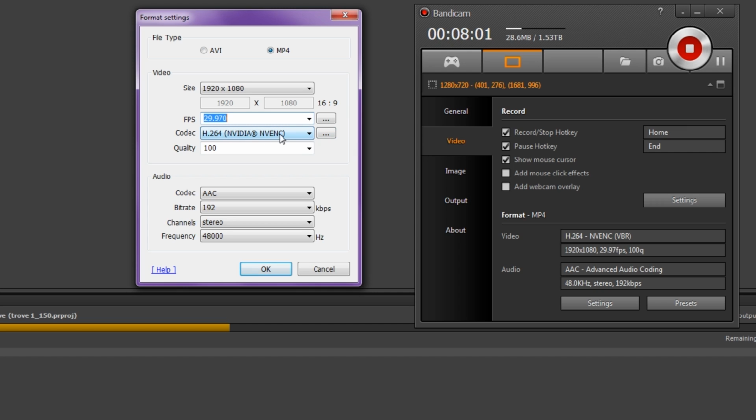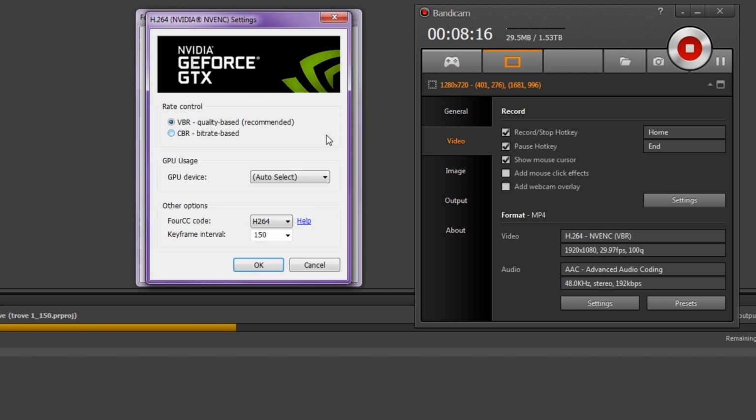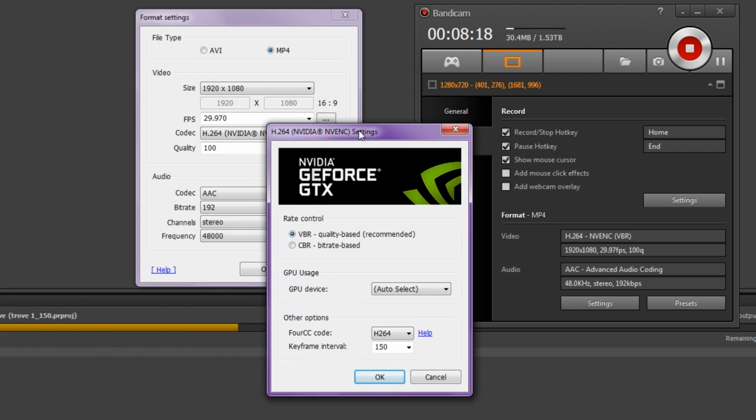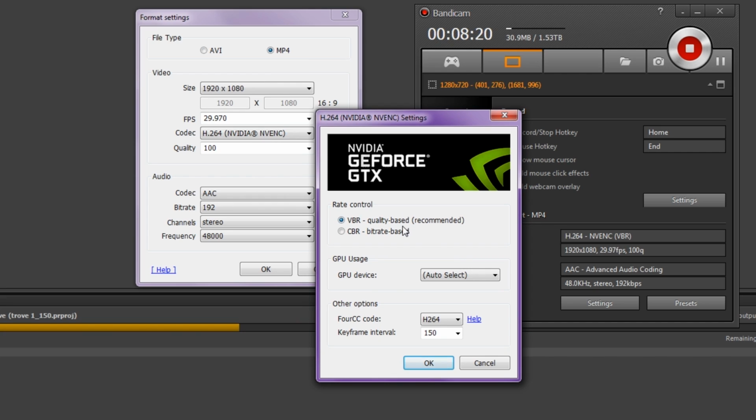Now, if you're going to end up using this, copying my settings right here, this is pretty much one of the highest settings that you can have with Bandicam, other than using a full-on lossless recording, but then goodbye to your hard drive space. But anyway, when you go into the video one right here, which is what I'm using, one of the things that you're going to want to do is leave all of this, of course, but